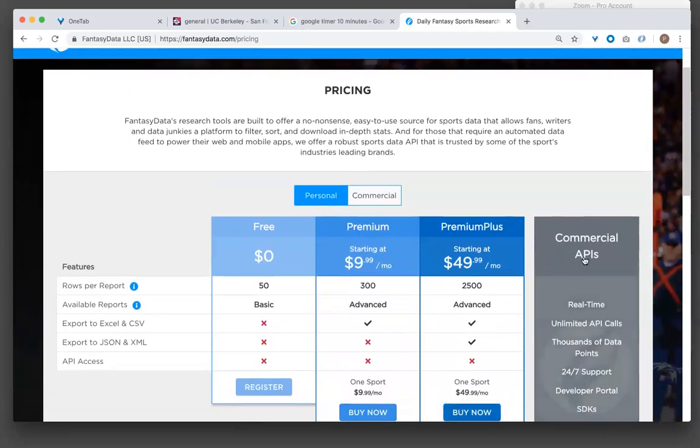And the commercial API probably isn't that much more. So if you're going to run a daily fantasy website where you could potentially make thousands of dollars a day, a couple hundred dollars a month is like nothing to get the data. But there is a free option,